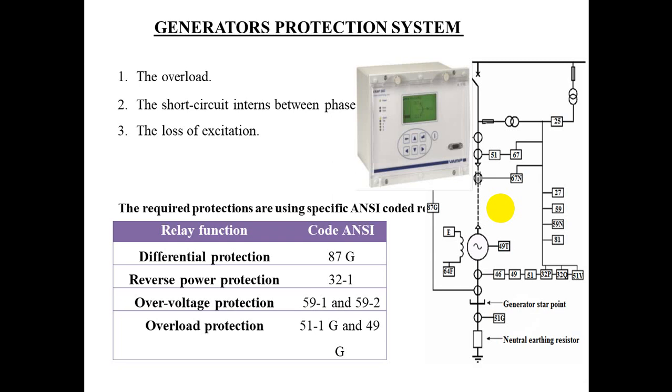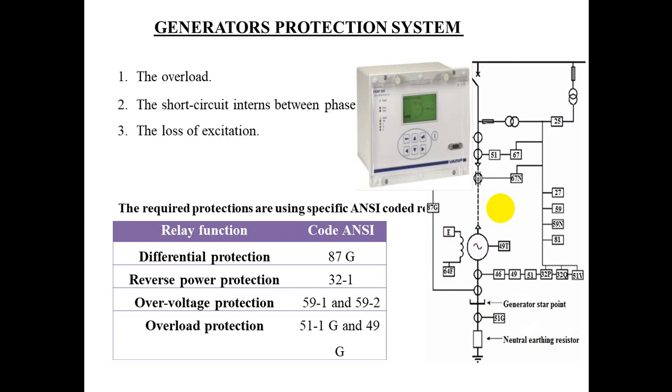Unbalanced stator loading protection. Unbalancing in loading produces a negative sequence current in the stator circuit. This negative sequence current produces a reaction field rotating at twice synchronous speed with respect to the rotor, and hence it induces a double frequency current in the rotor. This current is quite large and causes overheating in the rotor circuit,